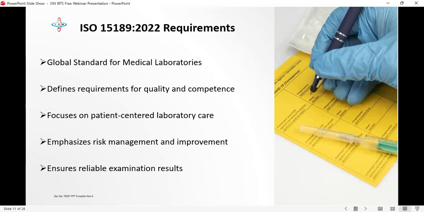It requires that we focus on our patient. It is not that we are looking at the tests that we are running. At the end of every test, there is a patient's life attached to it. It also emphasizes, you remember when Rufus was talking about the errors in the lab? It can be anywhere, and the majority of them happen even before the samples come into the lab. The labs are required to take mitigating steps to ensure that those risks do not happen.